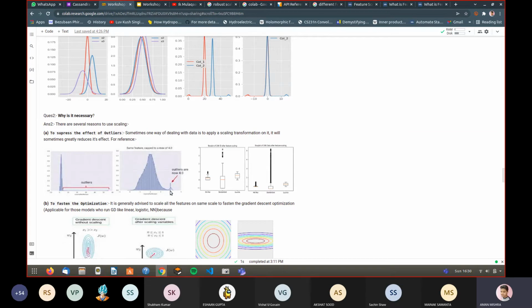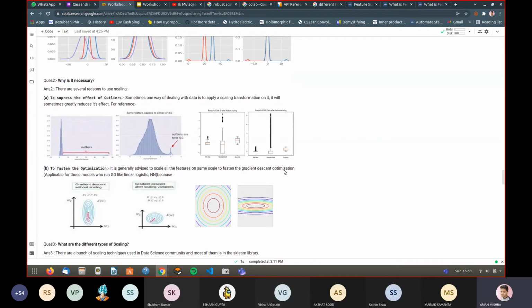So here you will see only a very small portion of outlier, and most of the data set is now concentrated. So sometimes scaling can be beneficial, because scaling can be of two types: non-linear scaling and linear scaling. Linear scaling may not be helpful in removing outliers, but non-linear scaling will definitely boost your chances of adjusting the outliers.